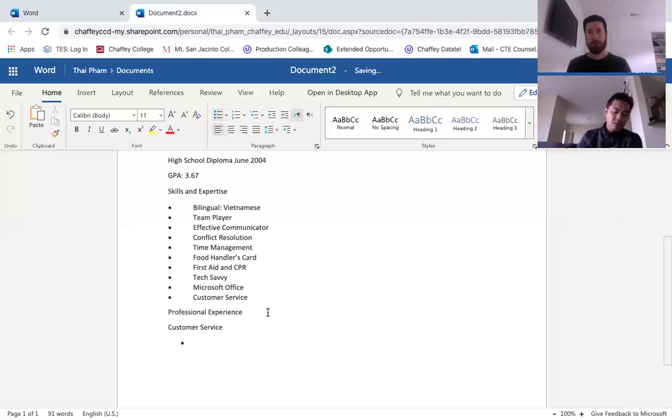Again, for each theme that you can think of, you want to write these bullet points in this particular format. What did you do? Followed by how did you do it? Followed by why, or the result. And then how it benefits the company, right? Or you want to keep this to where the company could visualize you doing it at their business. Is that correct? Something like that, okay? So customer service.